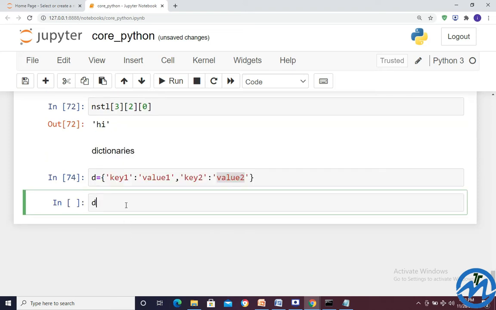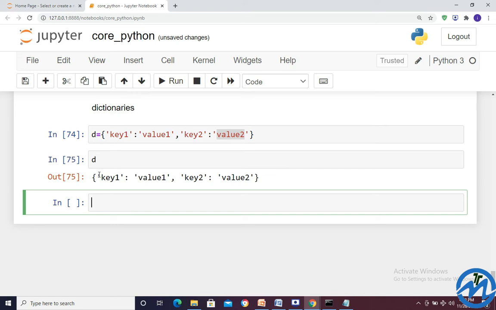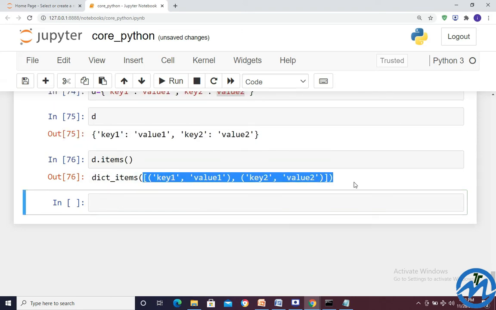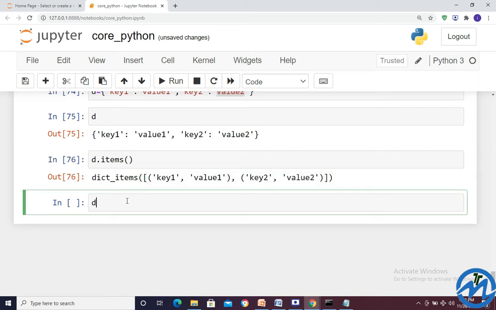So D, enter, we got this complete dictionary. Suppose I wanted to see the items from the dictionary, how many items are available. D dot items method, enter. So we have all the items available. If we wanted to see the values, how many values are available, D dot values.